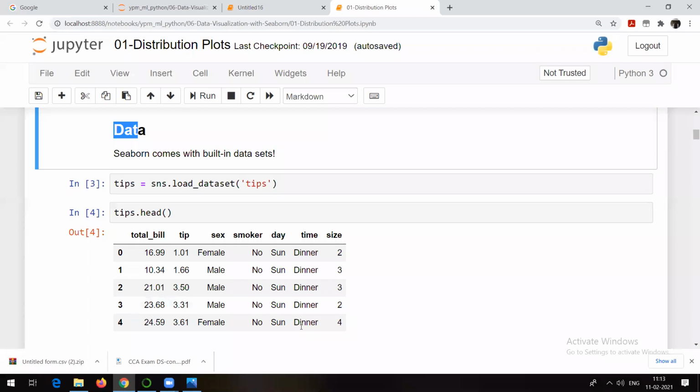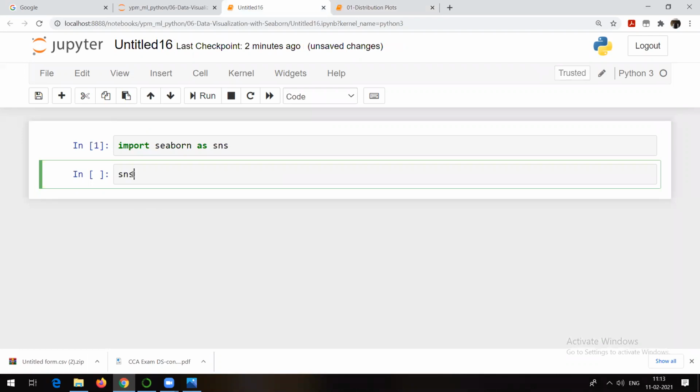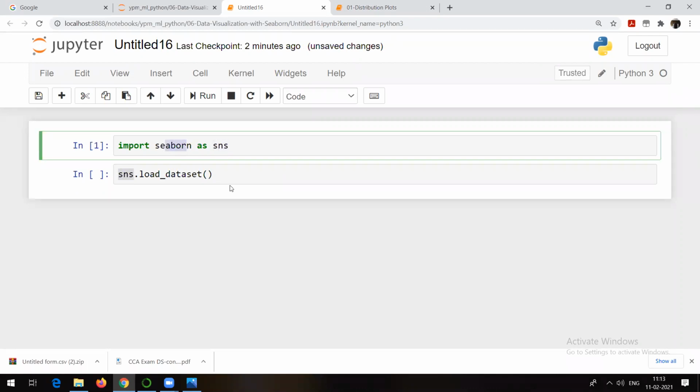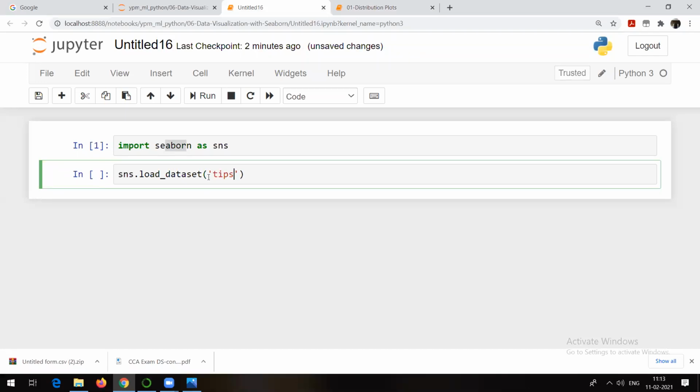As I told you, in case of Seaborn, there are some ready-made data sets available. One of the ready-made data sets is the tips data set. So I want to load that particular data set. What I can do is sns dot load underscore dataset. So I type sns dot lo, and then I press the tab button. Then I'm able to see this load_dataset method which is present in Seaborn. sns is nothing but Seaborn because we have given this alias. Now, which dataset do I want to import? I want to import the tips dataset.